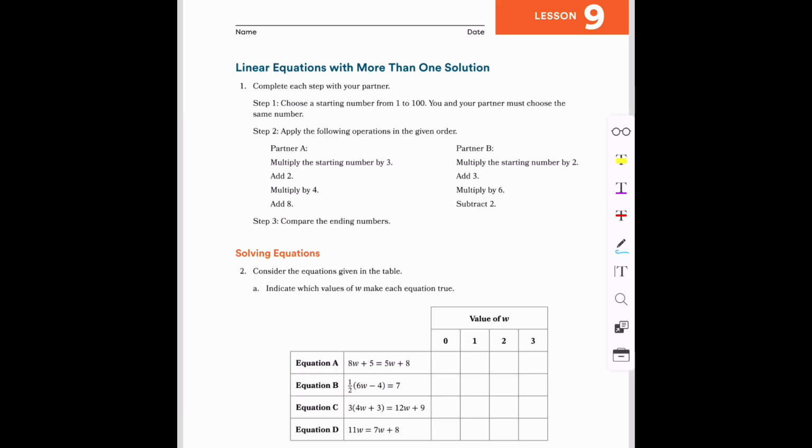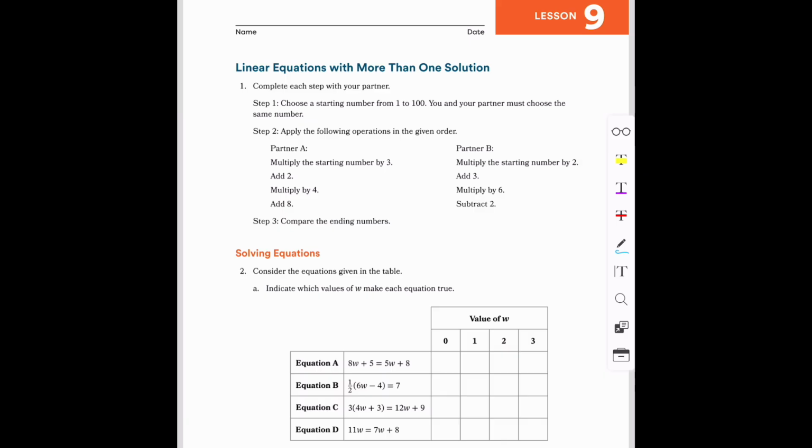Those types of linear equations that we were solving only have that one solution, as in that one answer we found is the only answer that will make the solution work, where the value of side A is equal to side B. Okay. So now we're gonna look into more specific details of how we can identify